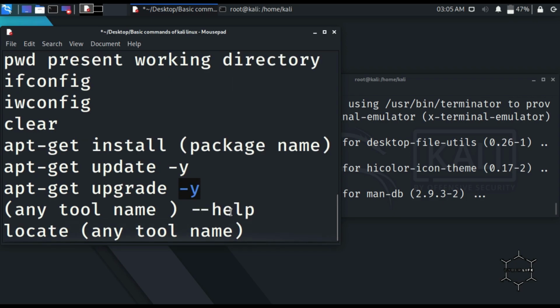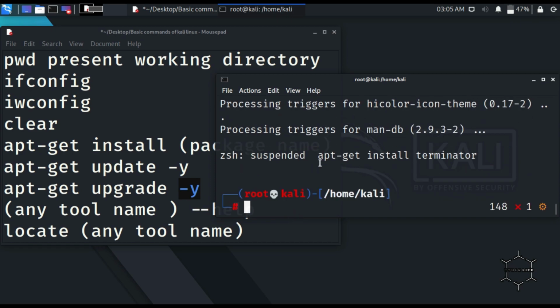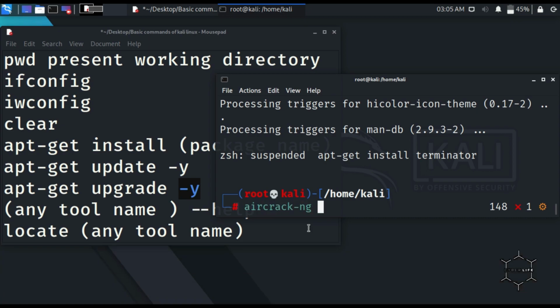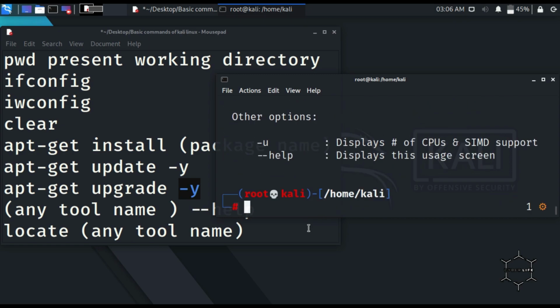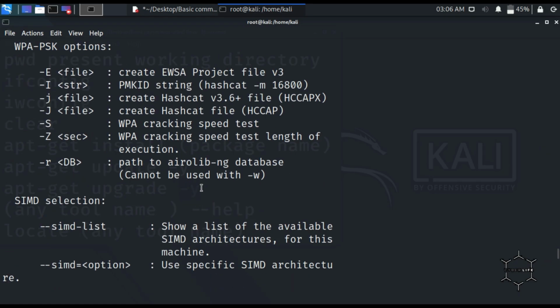Moving to the last two commands for this video, we have --help with any tool name. I will press Ctrl+Z for setting time. You can use any tool name, like in hacking we have aircrack-ng. Write aircrack-ng --help, and you can see what we can do with this command.